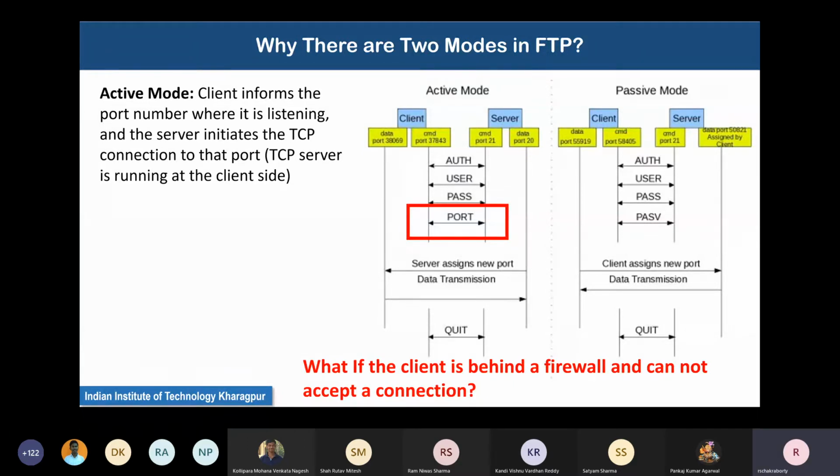So the client now initiates the outgoing connection to the server. This time the firewall does not object, saying, okay, it's okay, you can go out. No problem. So this is usually the case.